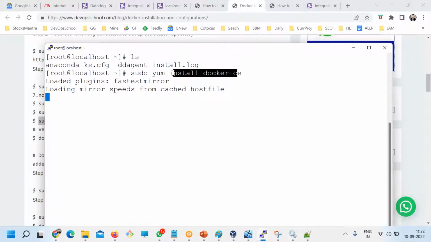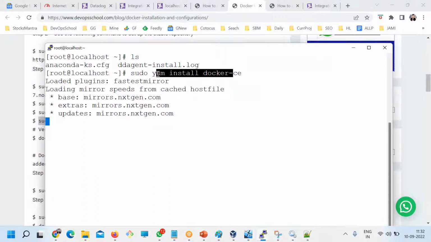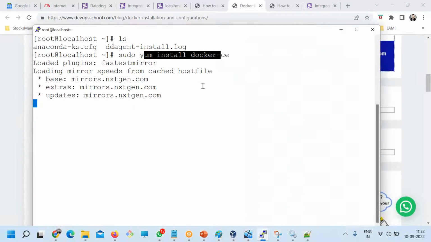So this command should work, because if it's not working, my Apache also will not get installed. None of the tools will get installed. So let me see that. I'll pause for this because we're stuck with infra issues.